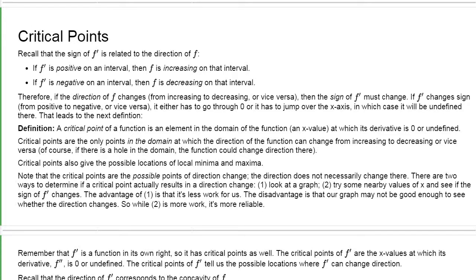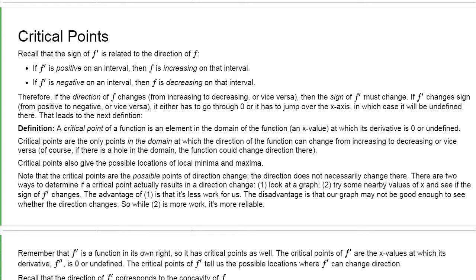The other way would be to try some nearby x values and see if the sign of f prime actually changes. So the derivative might be 0, but it could be positive on both sides of that 0. That's possible. So we need the sign to change, not just equal 0 somewhere. Now,